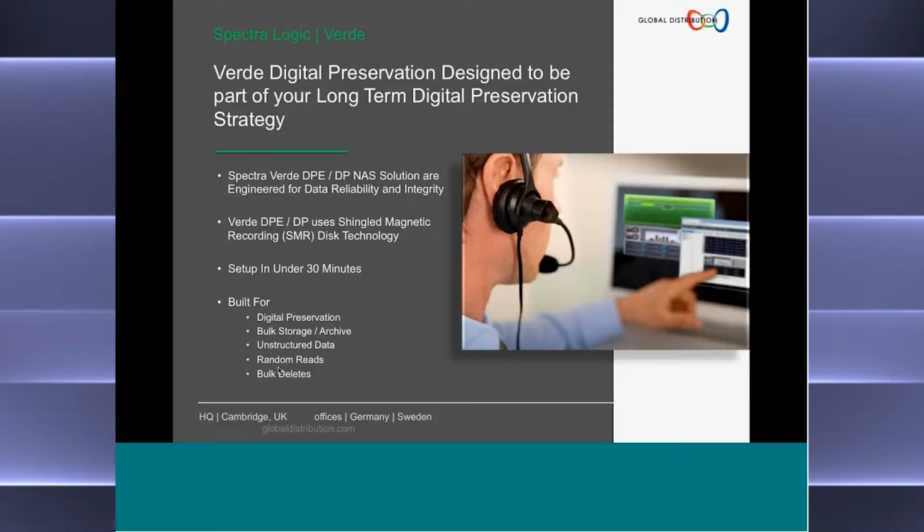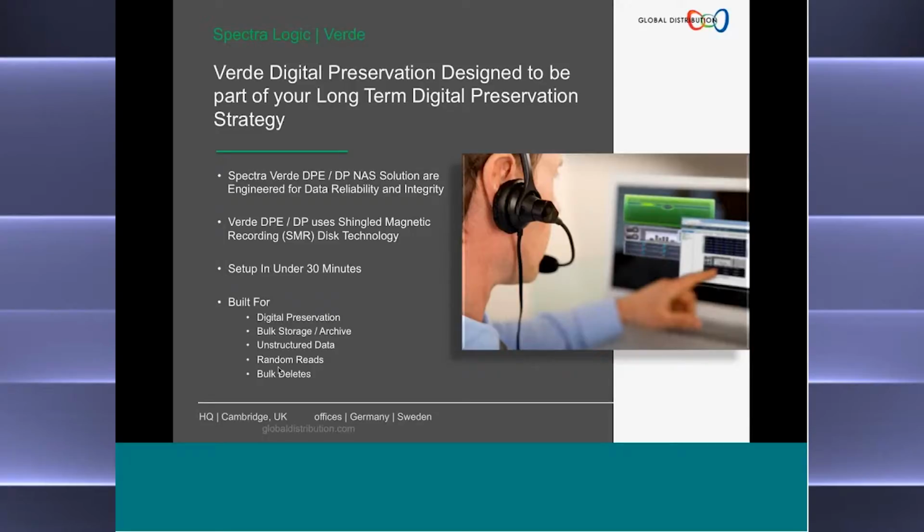So again, a vanishingly small chance of any of those traditional disk problems coming up, like silent data corruption and bit rot. These things are managed out of the system. So the DP and DPE are built for digital preservation, bulk storage and archive of unstructured data, great for random reads and bulk deleting. What you're not going to do off them is edit. That's the caveat: they're not designed for online storage, but they make the perfect complement to a Tigerbox